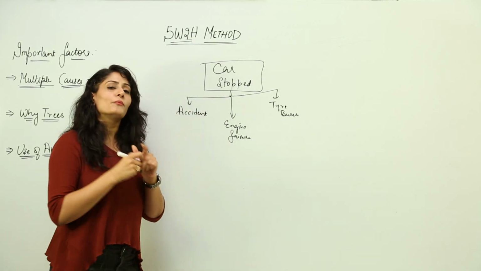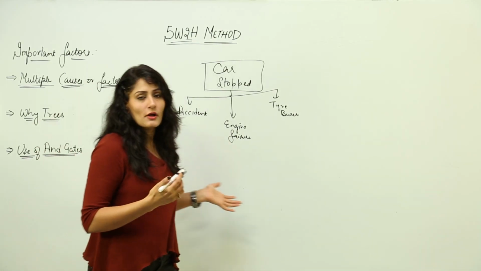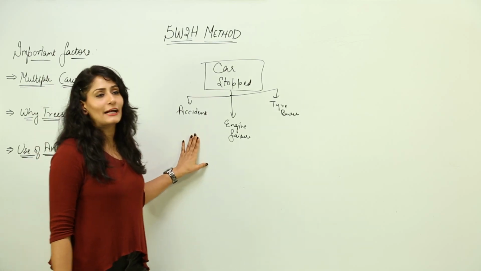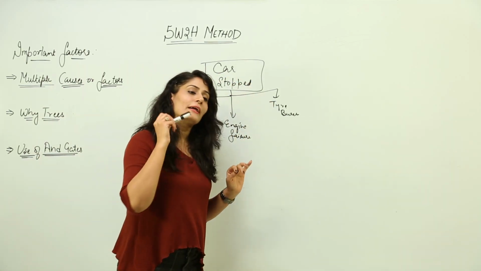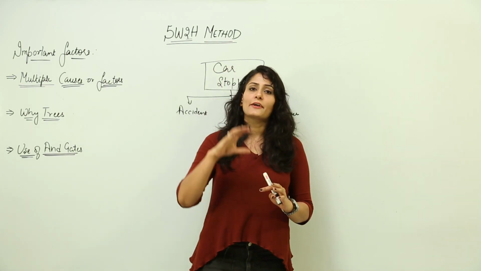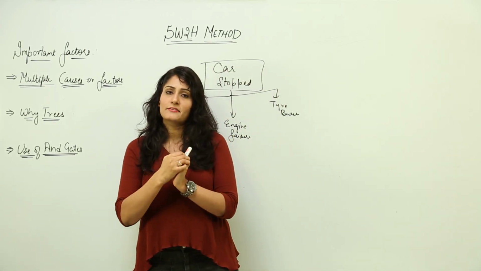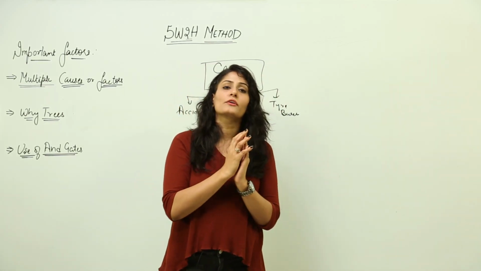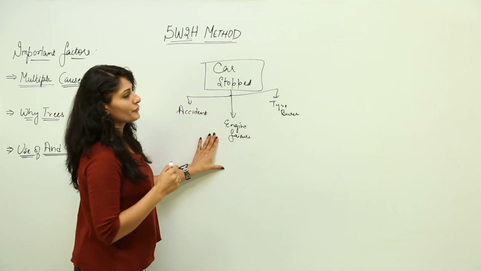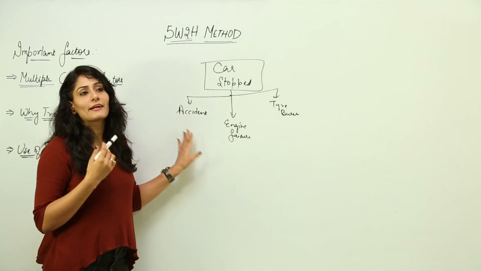So before you move to the second question, always first get the right answer for this one, that is why the car actually stopped. So one thing I want to tell you is to make a golden rule of your company: in case there is an accident, there is an error, there is a non-conformity, always keep a proof of it. So choose an option for which you have a proof that why it stopped.